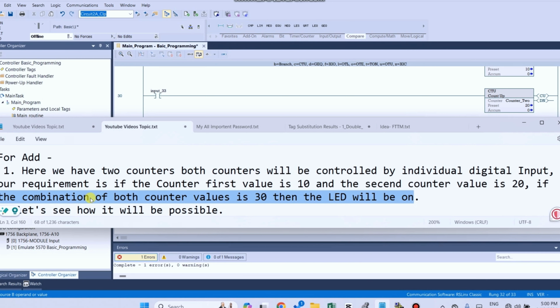If the combination of counter values is 30, then the LED will be on.